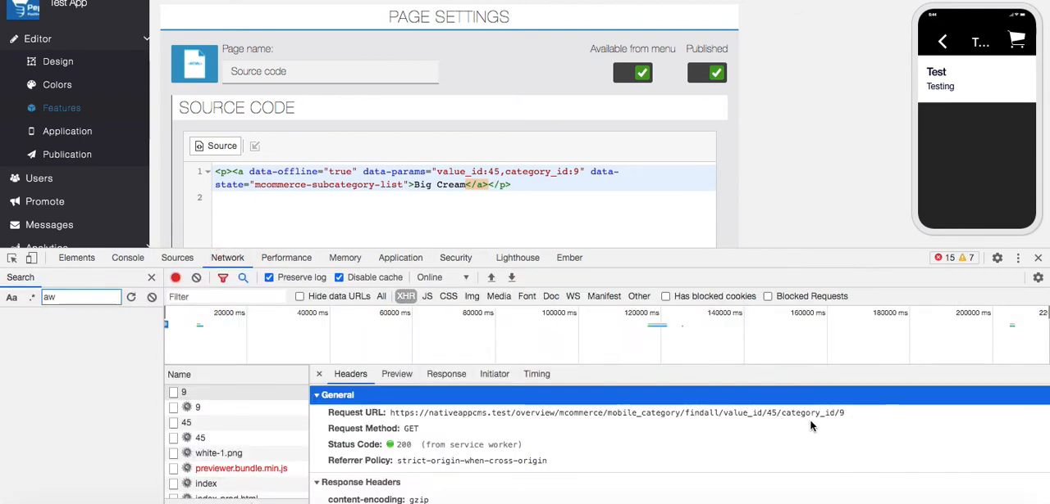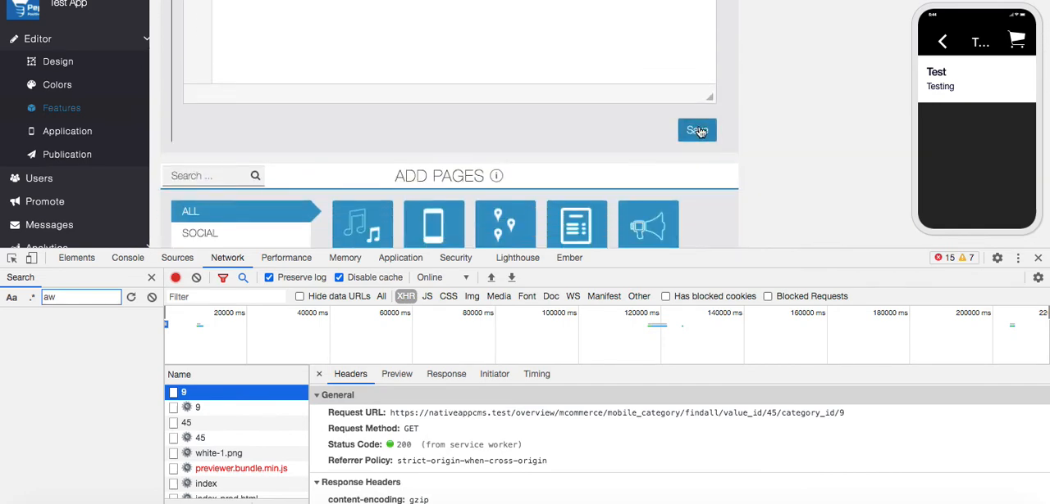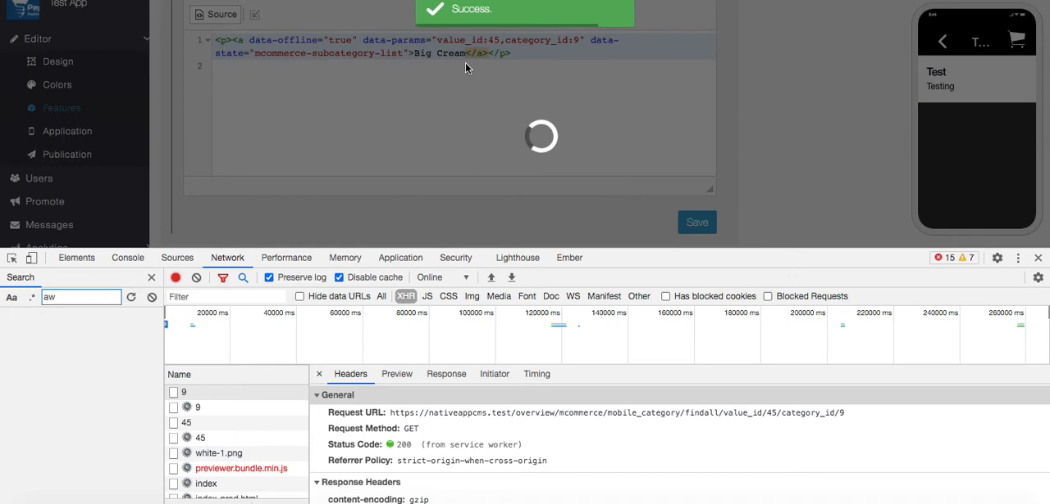So like this, in the network tab you see all the requests, but you have to find the first request. When you click on that link, you'll be able to get these parameters. So this is how I got the parameters and state name for this page. So once I save it,